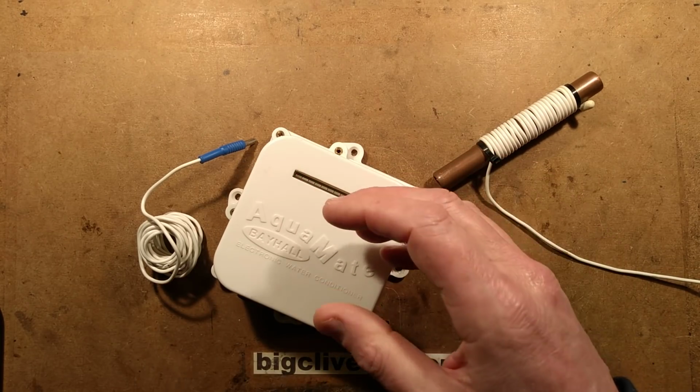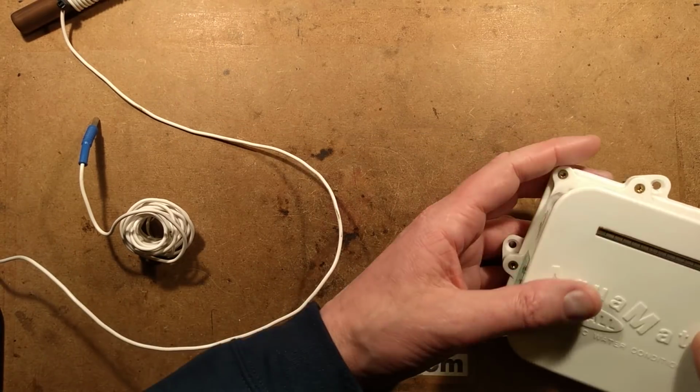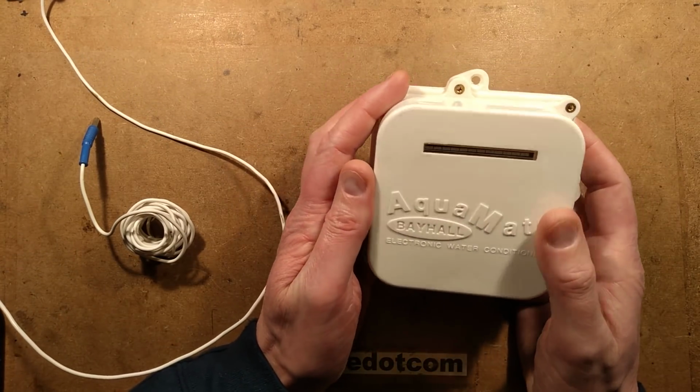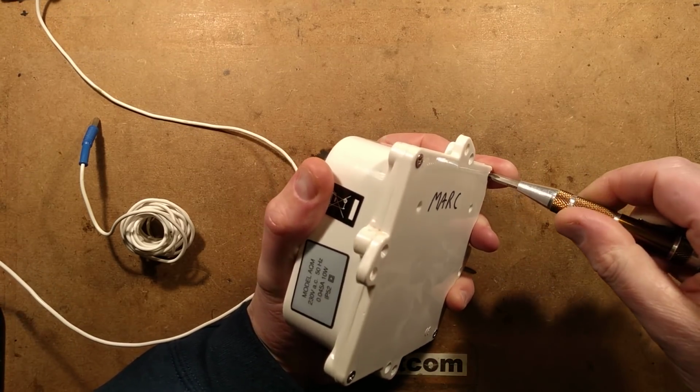It's not a new thing. They've been around for a very, very long time. The case is quite smart. I like the fact it's got the logo moulded into it. That is very smart. And these are unfortunately sort of things you tend to get